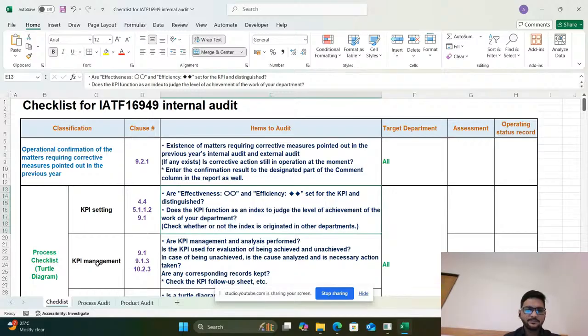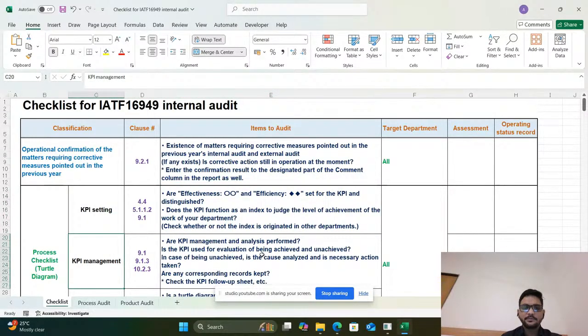Next is KPI management. The first is KPI setting, meaning what their targets are and how we set the KPI target. We need to define the target setting criteria, like increasing or reducing 5% or 10% from last financial year's data, based on our KPI setting criteria or procedure.